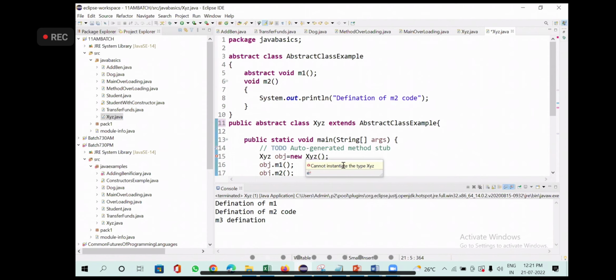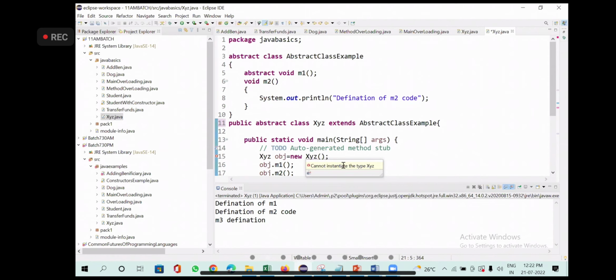Why did XYZ become abstract? Because it is extending the abstract class. Abstract class will contain what? Abstract method. It's a bit lengthy, but once you understand, it is simple. Concept number 1, a class which contains at least one abstract method is an abstract class. What is an abstract method?